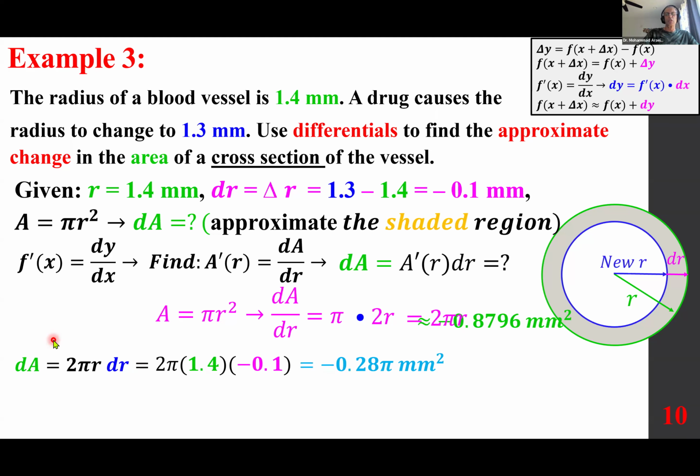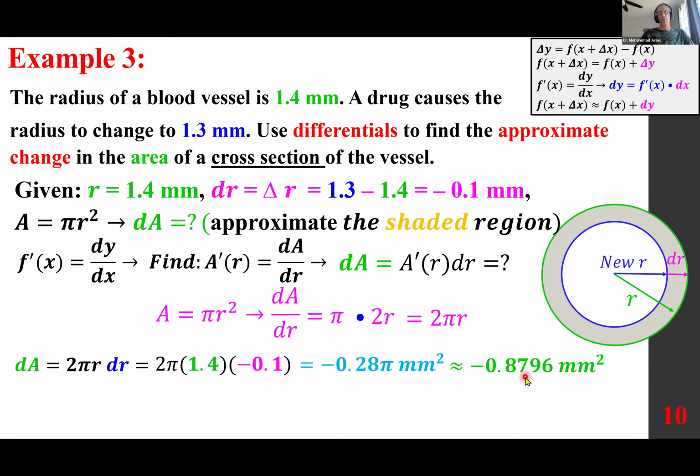As an approximation, you can put it into a calculator with so many decimals, and it becomes negative 0.8796 millimeters squared. Always draw the setting, show your variables, come up with the exact answer, and the approximation if